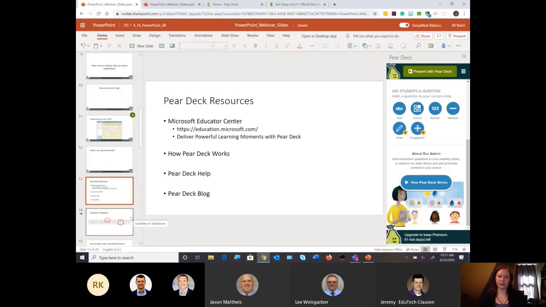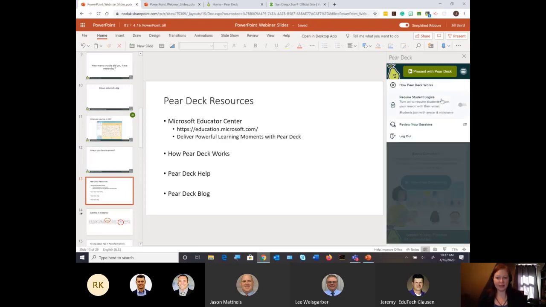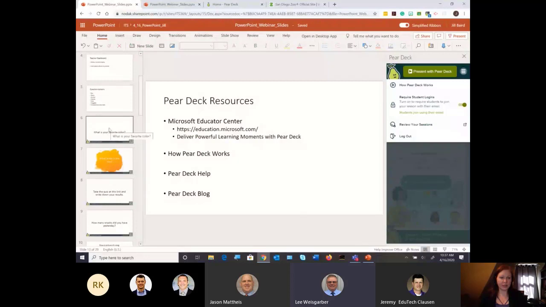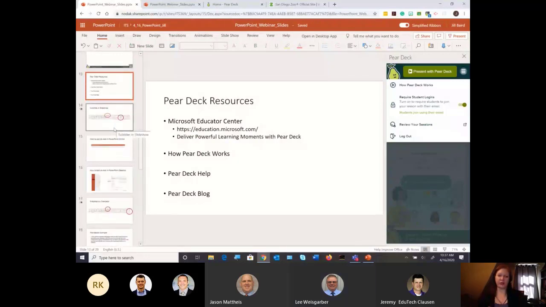So I mentioned earlier that I didn't have you sign in with your login. If I would have required you to sign in with your email address, then that would have been identifiable in the teacher view. When I was in the teacher dashboard, it would have shown me all my student names. It's still going to be incognito when you are a student or when the teacher is presenting on the screen. Okay, so would the students have to create an account then, or just enter their email address? Just enter their email address, and